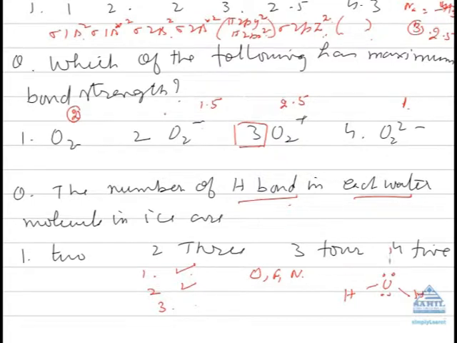Each water molecule is bonded to 4 other water molecules by hydrogen bonds. So the answer will be, there are 4 hydrogen bonds. He can ask you this question in another form also. How many hydrogen bonds are present in the case of water on each oxygen atom? You see, oxygen is bonded to 2 other water molecules by hydrogen bonds. Or he can ask, hydrogen is bonded how, in the case of ice. Then you can answer, on one side by a covalent bond, on the other side by a hydrogen bond.